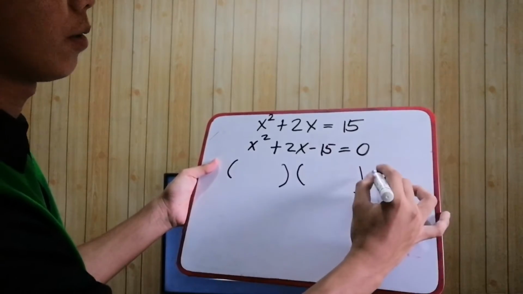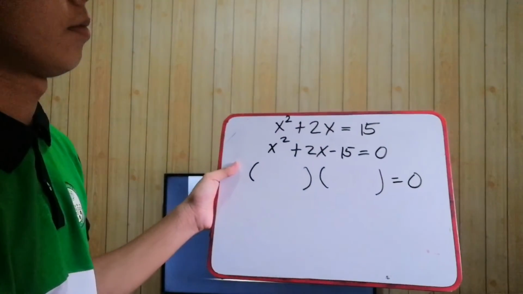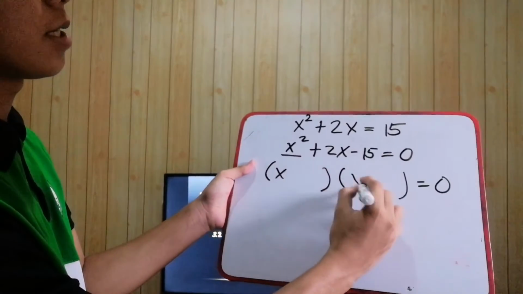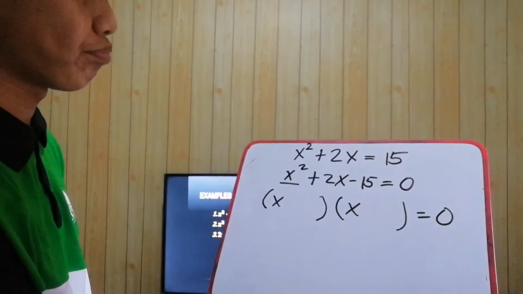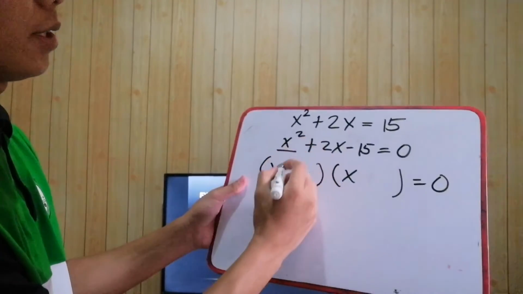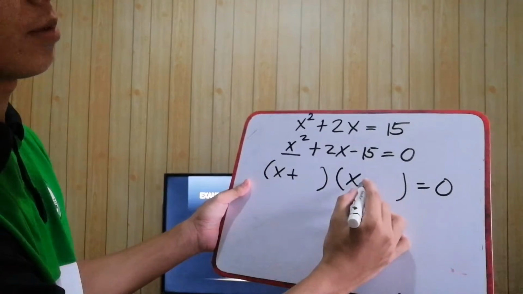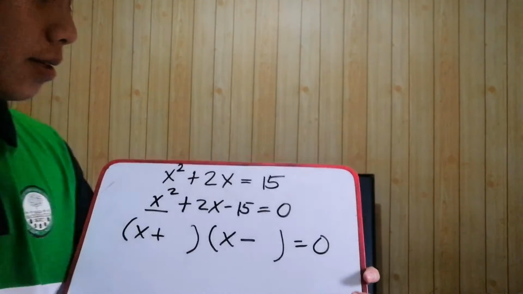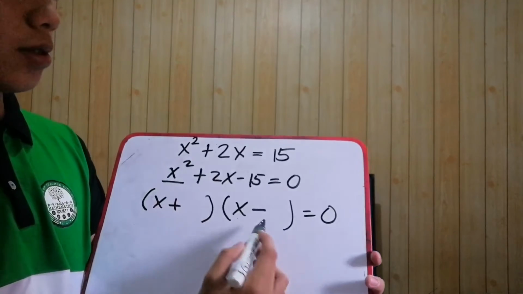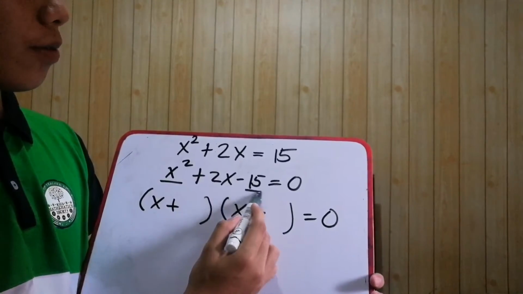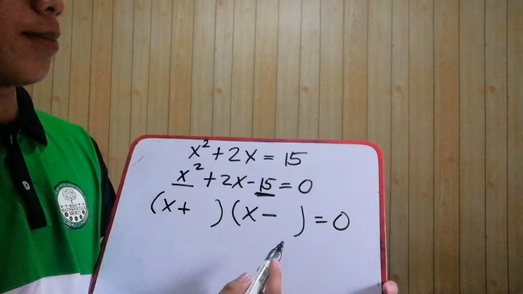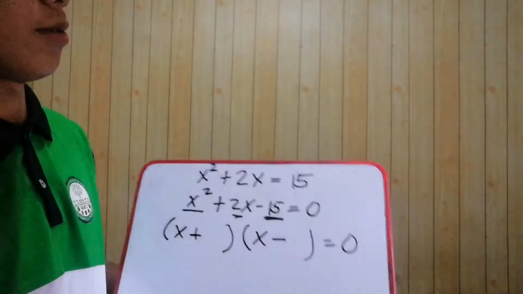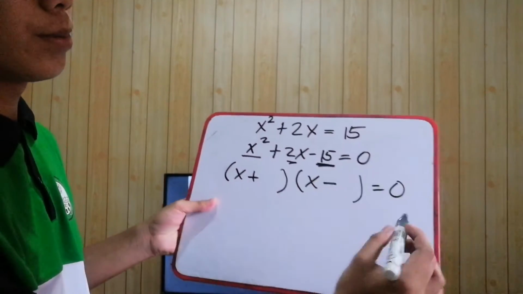Parenthesis. Now, factor of the first term, x, positive, saka negative yung isa, so negative tayo. Now, just like kanina, paano natin makukuha ang mga values nito? So, hanapin natin yung factors ni 15. Pag i-add natin is mag-i-equal sa middle term. Now, ang mga factors is 15 ay